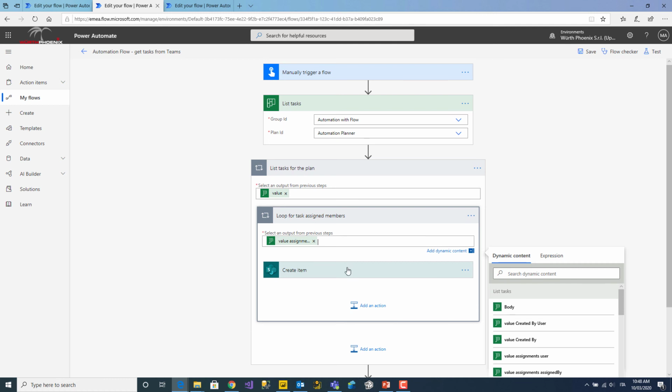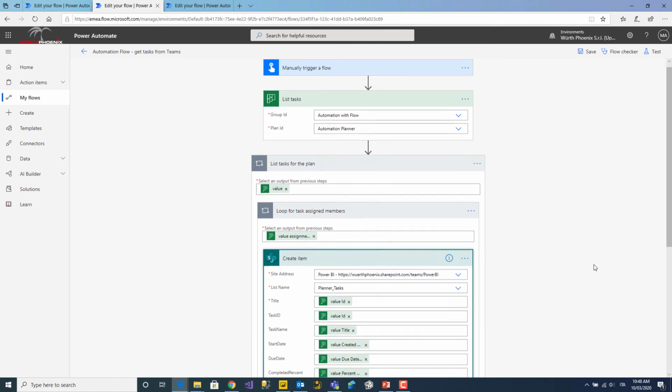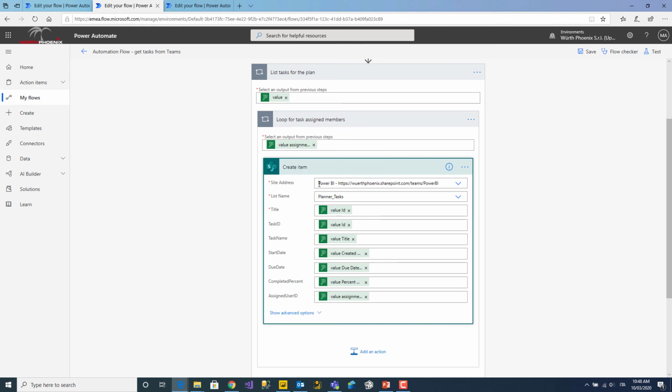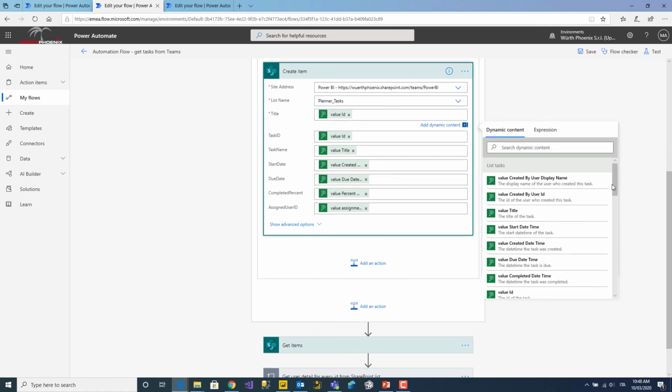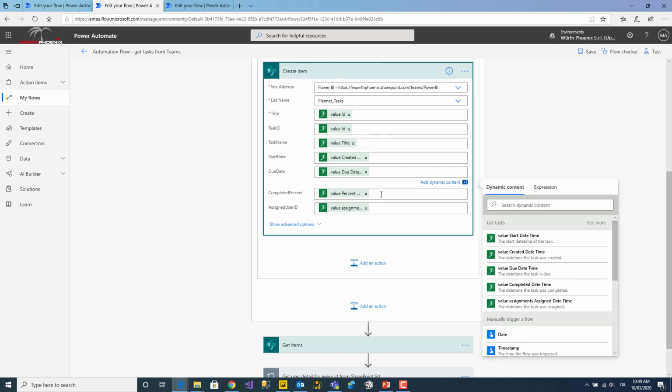The next step is to create an item into a SharePoint list. So this is my SharePoint address. I have a list called planner tasks, and then I can dynamically assign contents to my list. I have the title, that is mandatory, then task ID, task name, that is the content. If I have a start date, I have a due date, if I defined one,